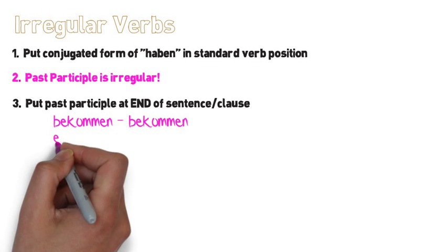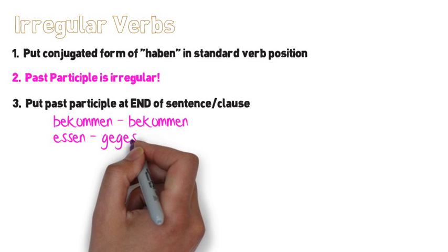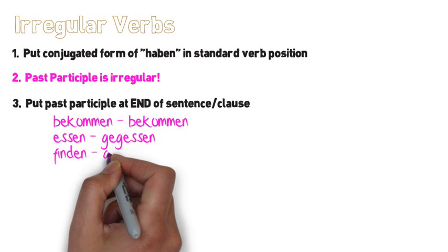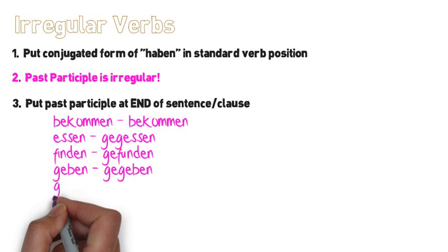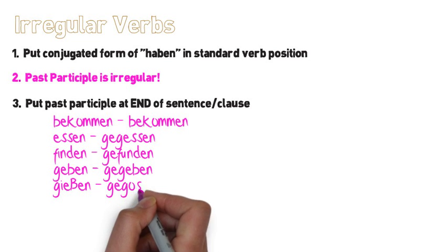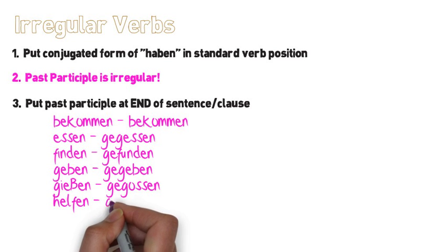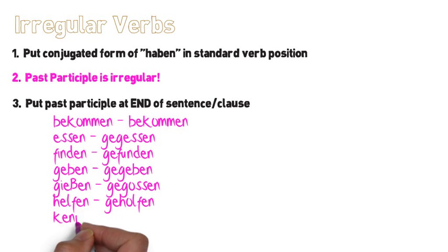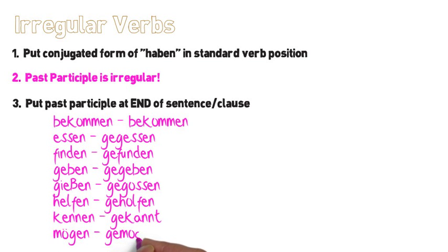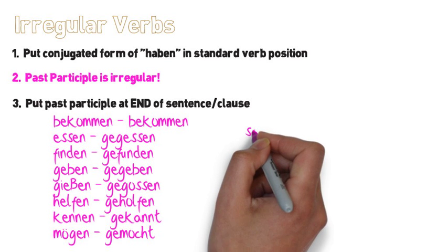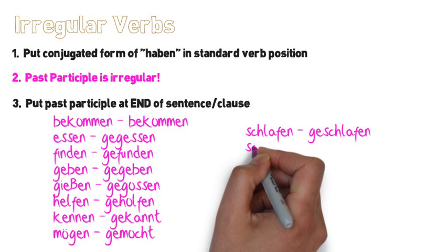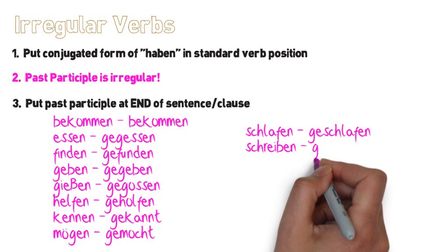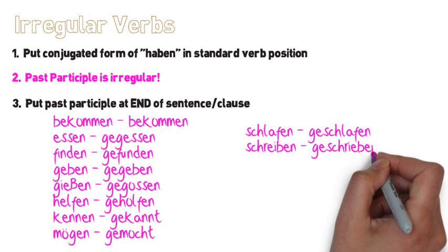Bekommen becomes bekommen, essen becomes gegessen, finden becomes gefunden as a past participle, geben goes to gegeben, gießen goes to gegossen in the past tense, helfen becomes geholfen, kennen becomes gekannt, mögen becomes gemocht, notice the G has changed to a CH, schlafen becomes geschlafen, schreiben becomes geschrieben by reversing the order of E and I,